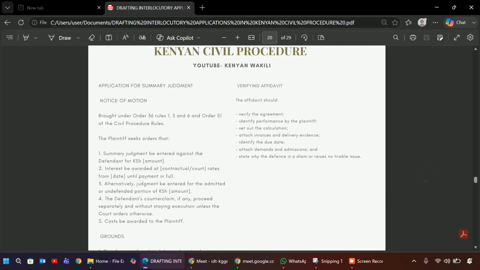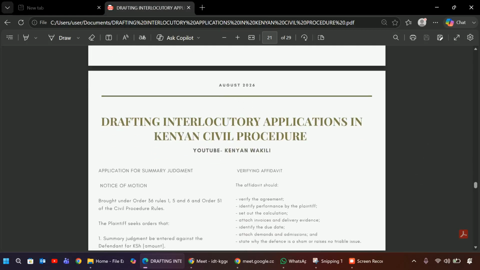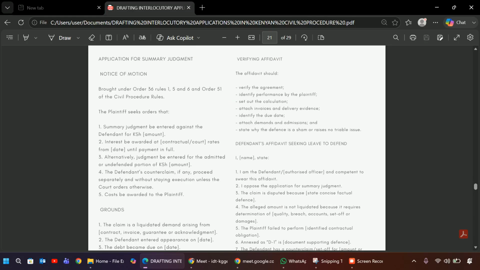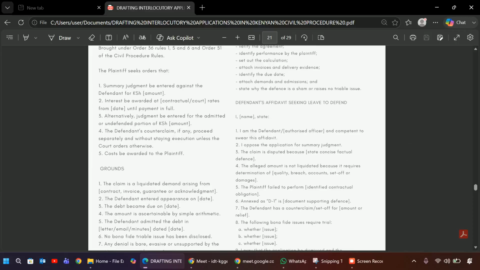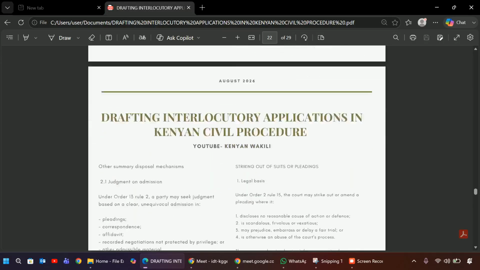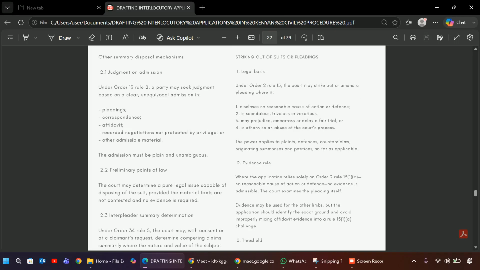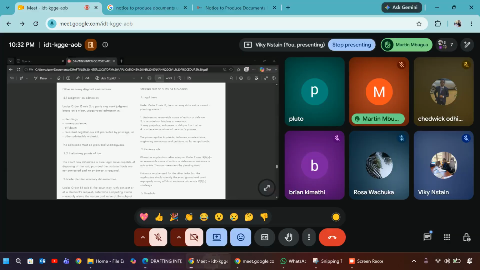that any party can make an application for striking out things for the defendant. And for summary judgment, I believe that you can do an application for some which